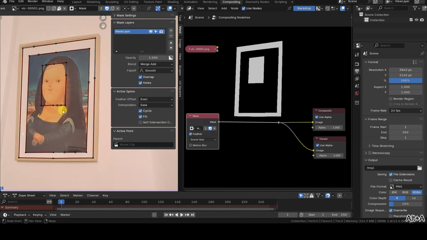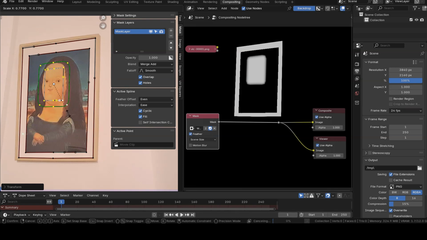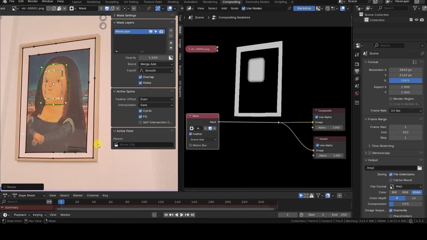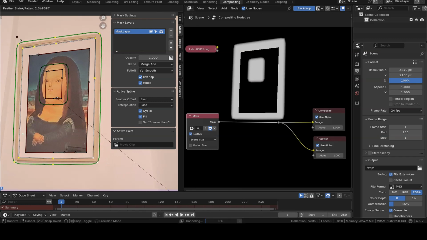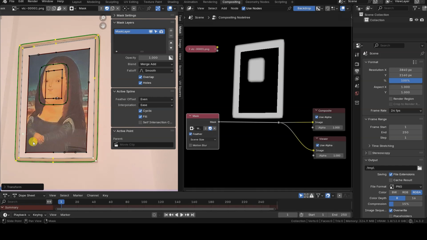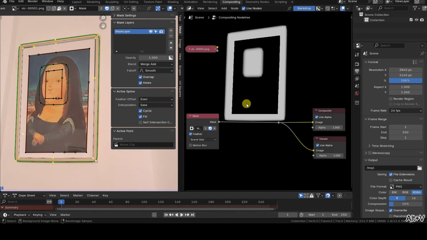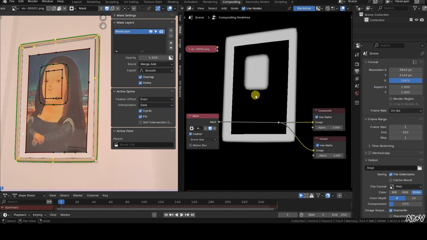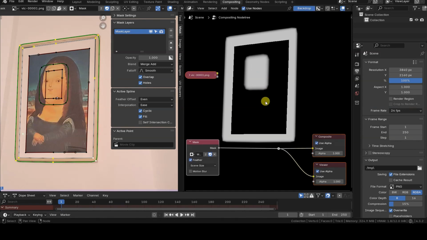So let's move on to the third and final topic of this tutorial, feathering, which lets you blur the edges of a mask. By selecting the control points of a mask and pressing Alt-S, you can create an outer profile for the selected mask. The areas inside the inner profile of the mask will therefore have an opacity of 1, while the areas between the inner and outer profiles will gradually decrease in opacity.